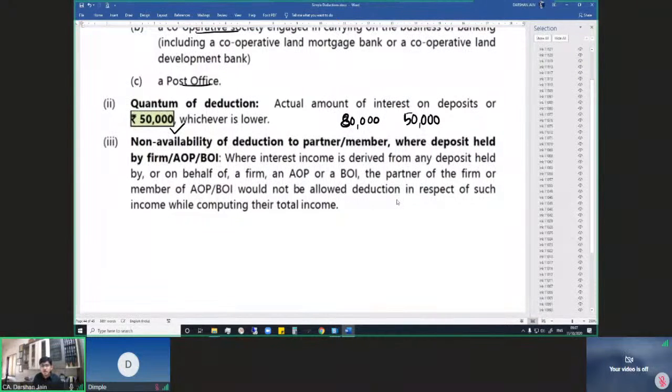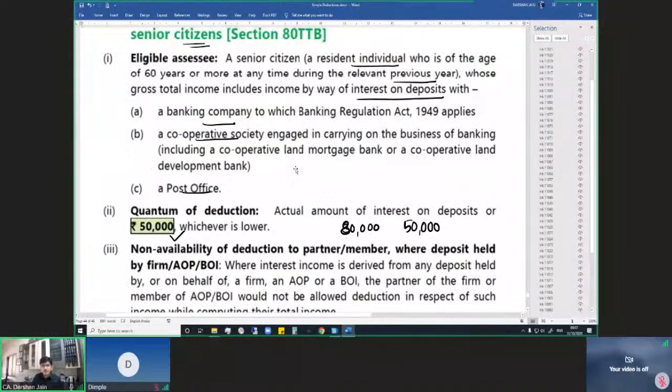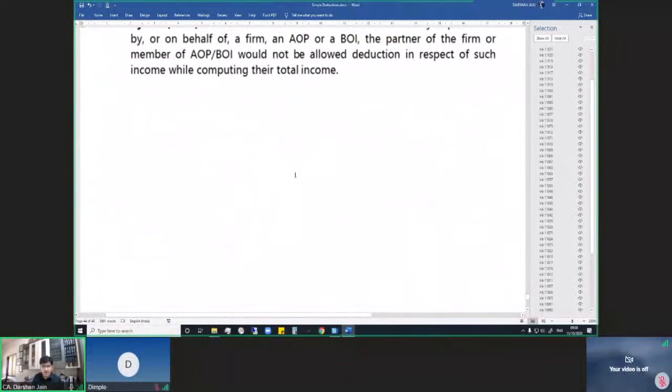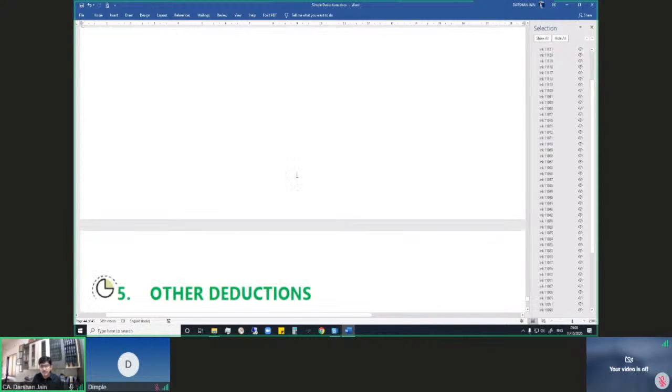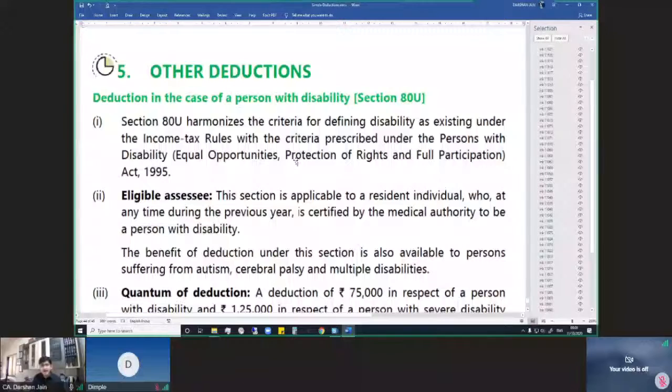So a member of AOP or BOI receiving interest from the AOP or BOI, who has already claimed deduction under 80TTB, no further deduction would be available. Although, it is fairly understandable. There is no question about a double deduction. AOP or BOI couldn't be a senior citizen anyways, and any income received from AOP or BOI is not in the nature of interest from bank. Thereafter,